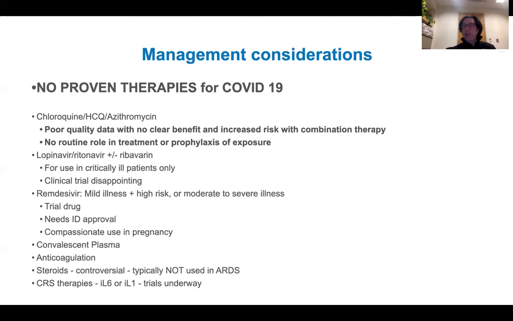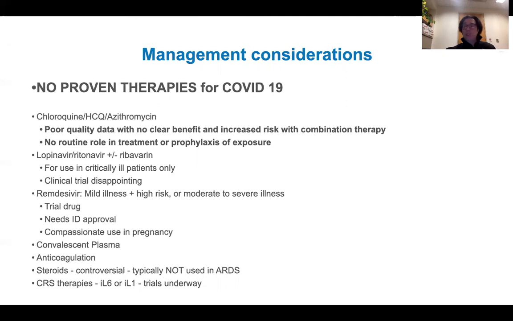A number of other antivirals have been proposed and have been used on a compassionate use basis in a variety of situations, and suffice to say that many of them have been disappointing in clinical trials, with remdesivir being currently evaluated and being available in clinical trial and compassionate use in pregnant patients. There's a potential role of convalescent plasma, but again, this needs to be tested, as well as the role of